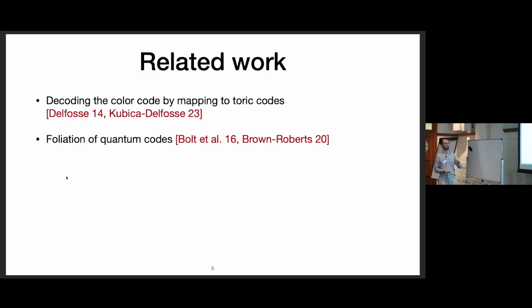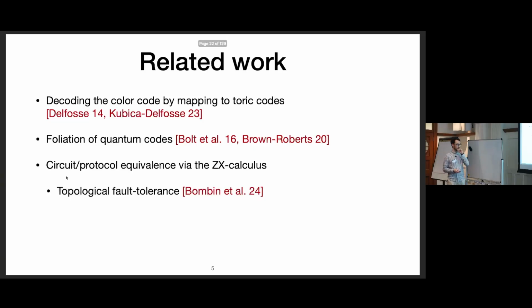And we're also kind of building on these results of foliation of quantum codes, which is an idea where I take a CSS code as input, and I have a technique to produce a fault-tolerant measurement-based protocol from this. And you can see this is kind of an early example of taking a circuit model idea and translating it into MBQC. And then there's also been a very nice line of work on circuit protocol equivalence using